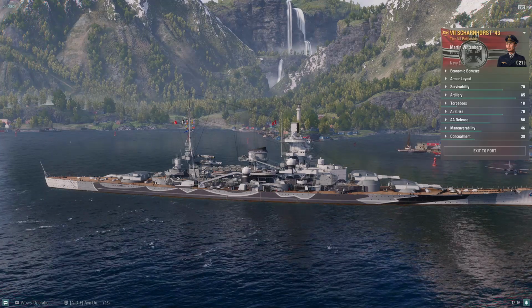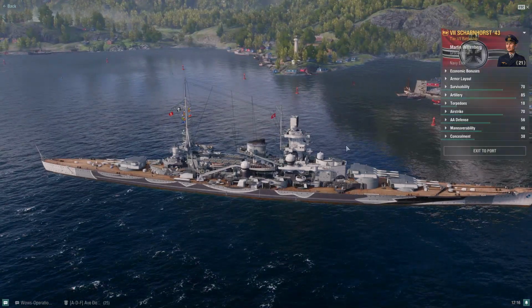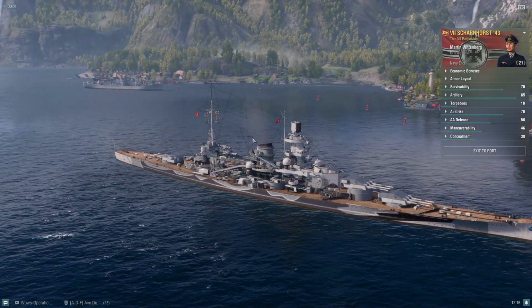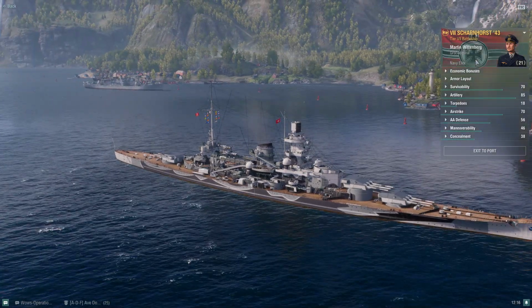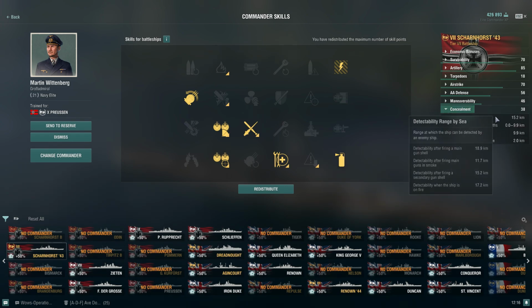You're not taking as much damage because ultimately you have a sizable superstructure here, and a lot of cruisers, destroyers, they're going to be focusing your superstructure. So you end up taking more damage over time without having fire prevention expert. So having it helps you overall much better. But then without Consumables Expert, you see we are 15.2 kilometer by sea versus 13.7, I think is what we